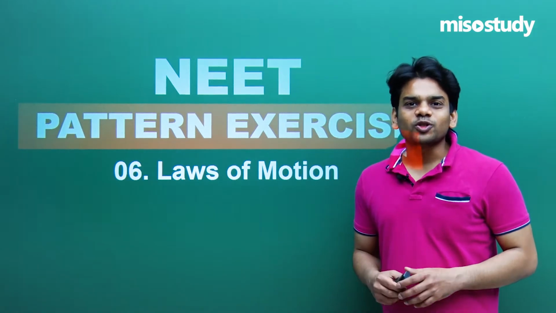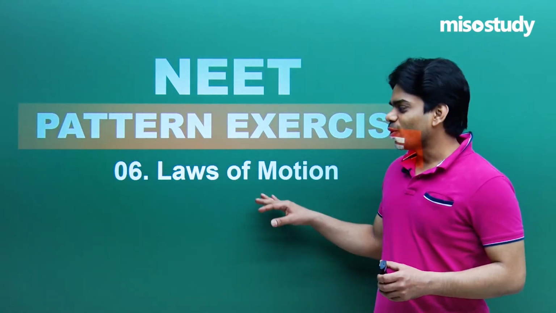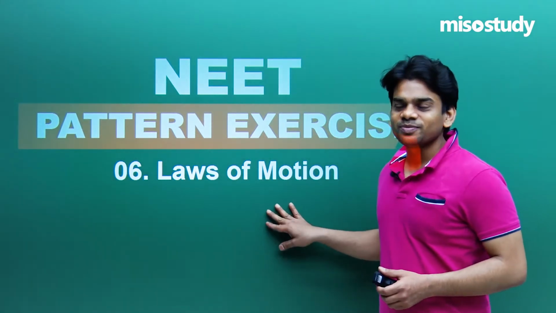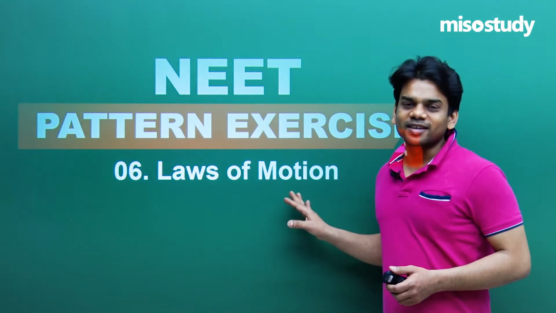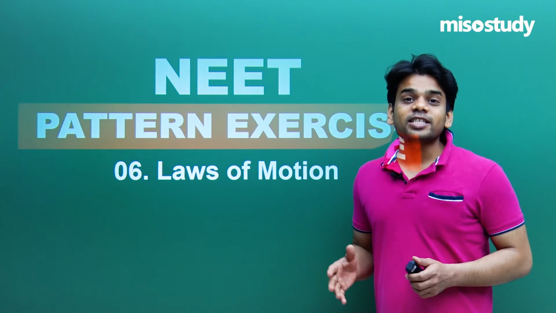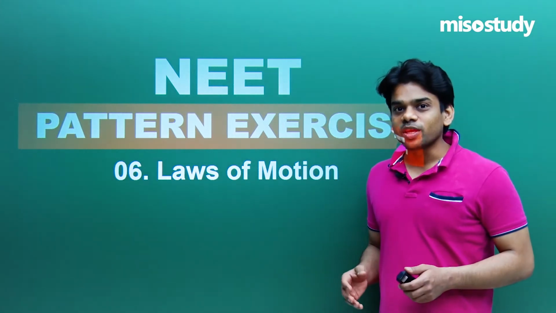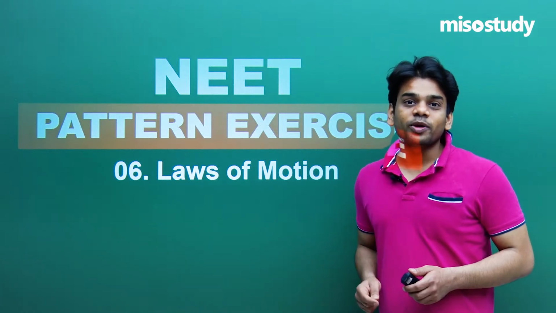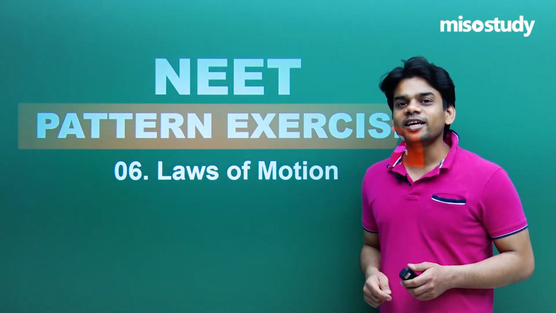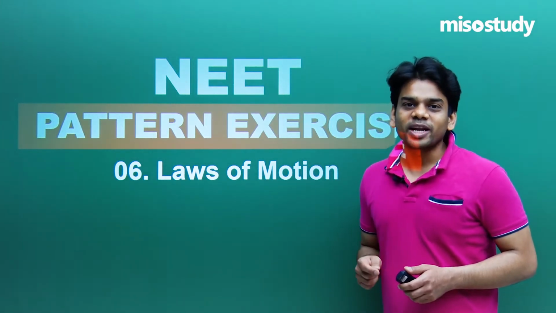I believe that you have watched all the classes of concepts of laws of motion that we'll be discussing in today's session. Today's class will be talking about the questions which are based upon NEET pattern exercise. We all know that in your NEET examination, questions come as objective type in which you'll have one option as the correct answer. For each correct answer, you'll get plus 4 marks. For each incorrect answer, you will suffer minus 1 marks.